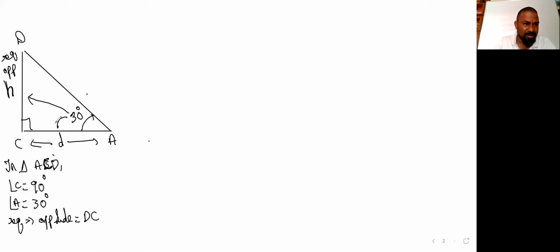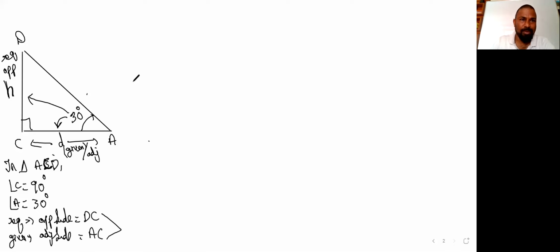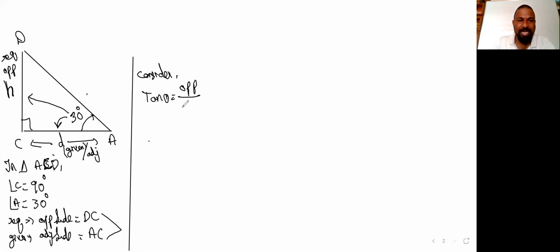Now the other one, which we know now. Why? Because the D value, we know it. What side is it becoming? AC. DC is nothing but H, the required side, and AC is given for us now because we already know it. So it is becoming the adjacent side. Now, which are the two sides we are having? Opposite and adjacent. So which is the trig ratio which connects opposite and adjacent? Tan theta. Tan theta is nothing but opposite by adjacent.